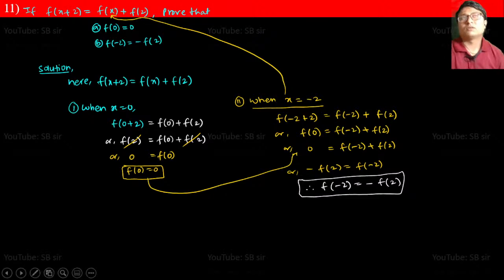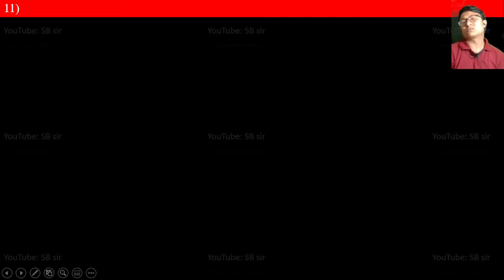In question number 11, questions based on definitions also might be asked. Define function. Some additional questions might be: define one-to-one function, define bijective function, define many-to-one function, define domain, define range, define image, define pre-image. A lot of questions might be asked based on definitions. So go through those definitions in brief. You might be asked for examples of the definitions also. Similarly, questions like